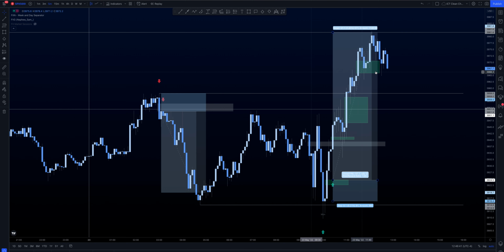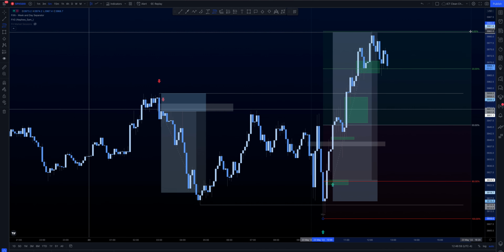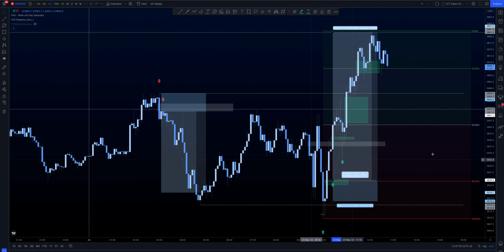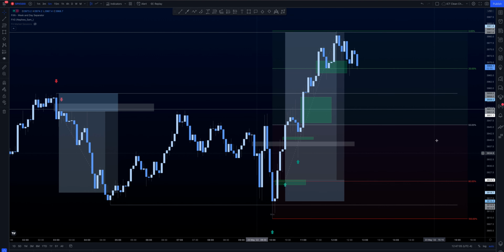Well, we look like we're going to be trading through this fair value gap here. We're going to be coming down to rebalance the price at this fair value gap here, and then obviously that is the new dealing range, low to high, just on there. So we've got a fairly deep discount